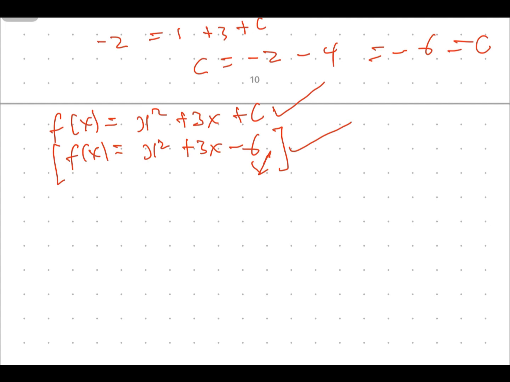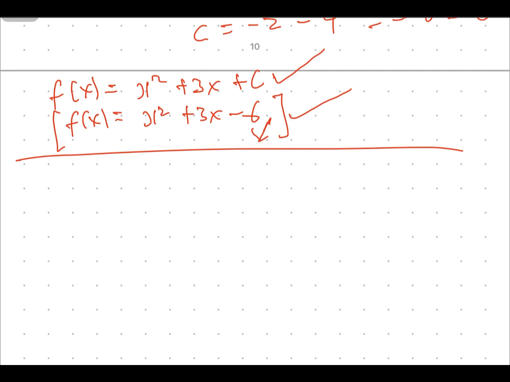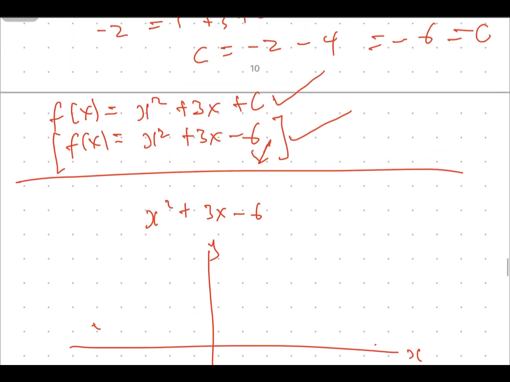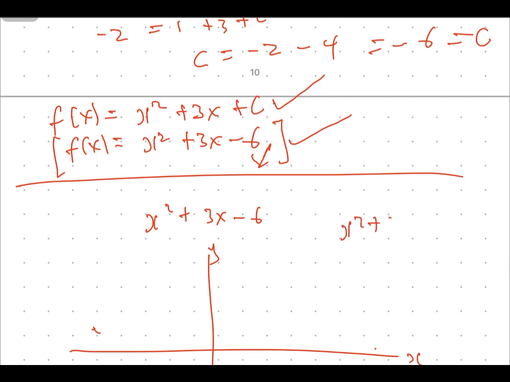So let's go further and see something. With this function, x squared plus 3x minus 6, that means that it will be a minimum function. If it will be a minimum function for, let's say, y and x here, let's assume that the graph will be around this part. But remember that because of the c, when we are using x squared plus 3x plus